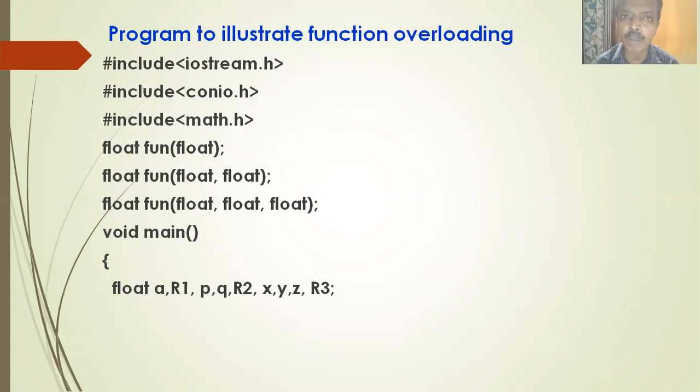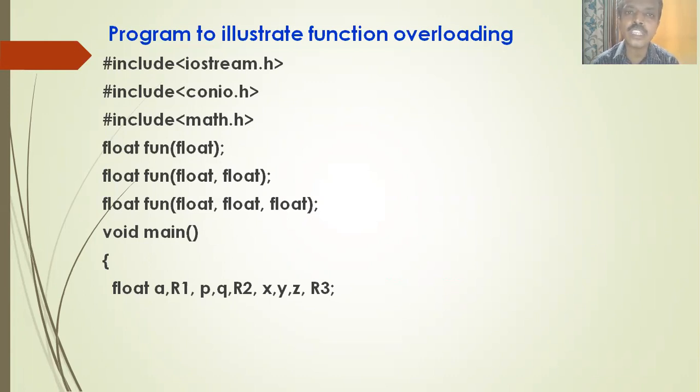So in the same program, you can use the same function either with a different number of arguments, or if the arguments are the same, at least the data type of the argument must be different. So here I will use a function called fun for three different purposes. The first purpose is to calculate the square root of a number. The second case, I'm using the same function fun to find the sum of two numbers. And in the last case, I'll use the same function to calculate the biggest among three numbers. So the purpose is entirely different.